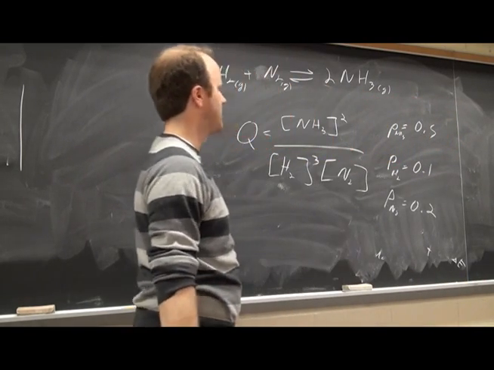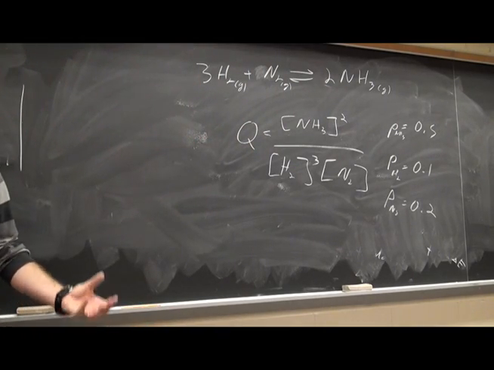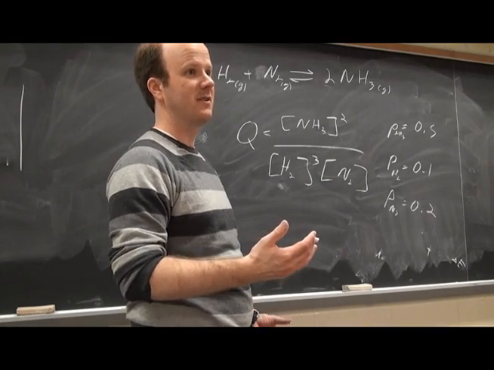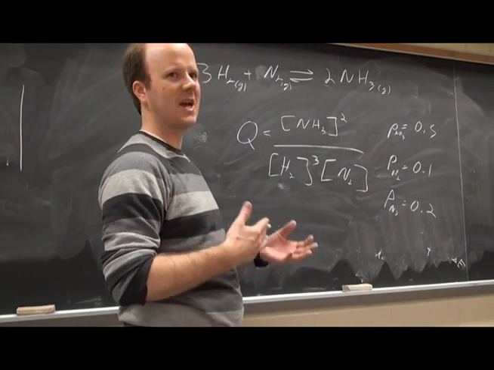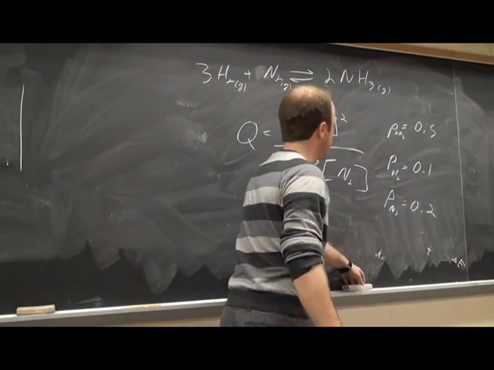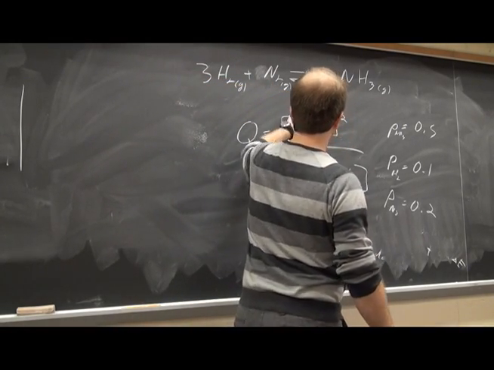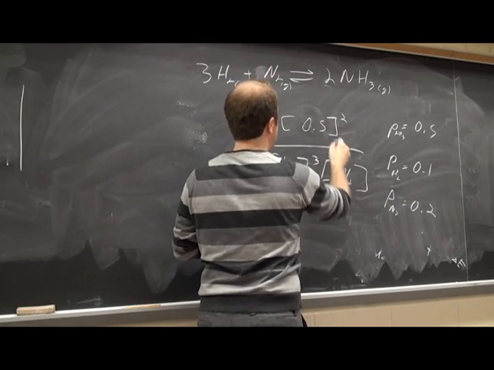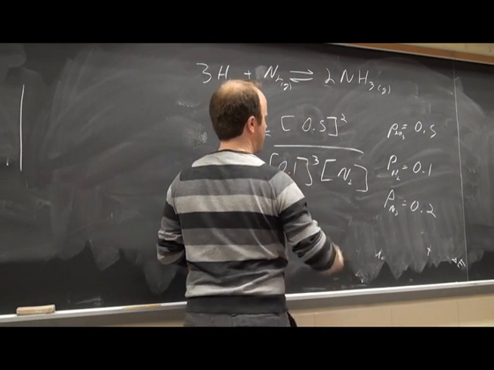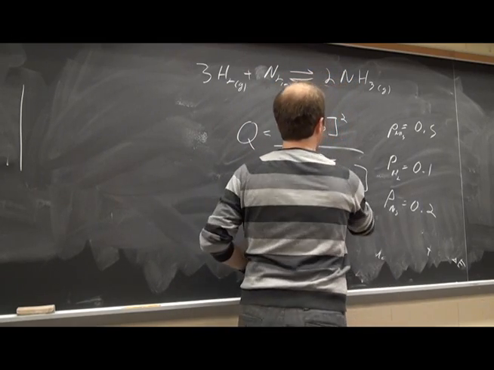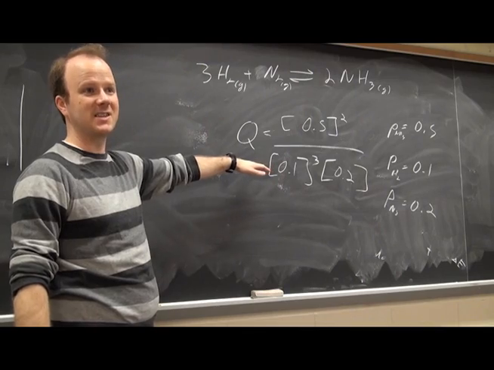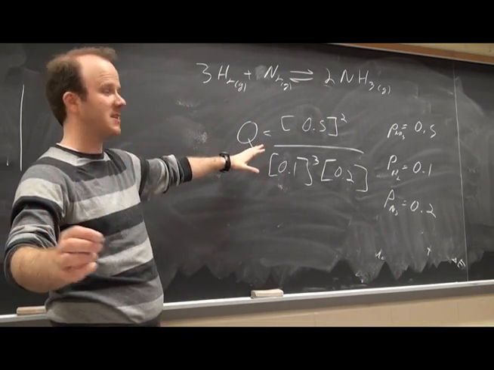0.2, the partial pressures, remember the partial pressure of a gas corresponds to its concentration. You can figure that out through the ideal gas law, all of that stuff. And so I just substitute in 0.5, 0.1, 0.2. Just don't put products over reactants and say, it's good, I'm just going to multiply stuff out, because you're